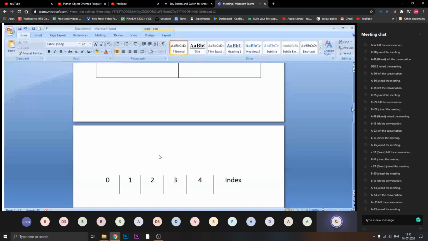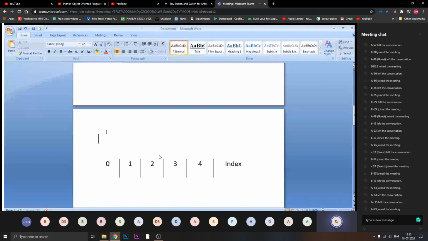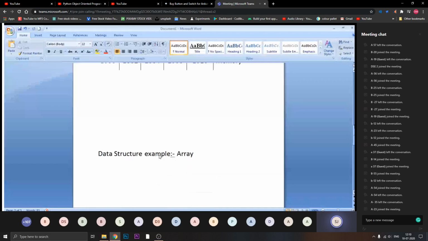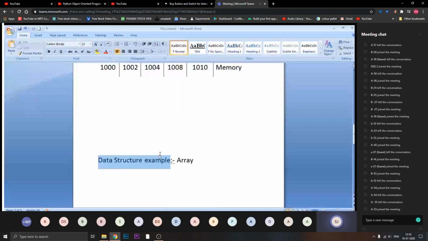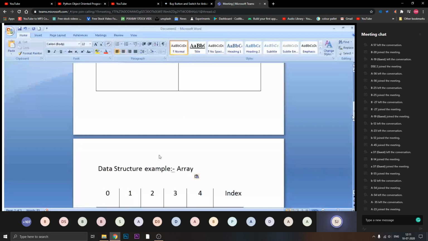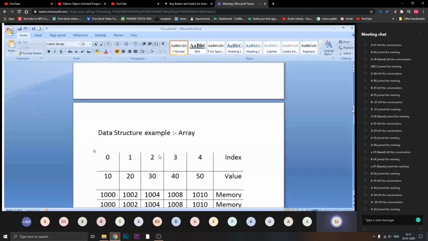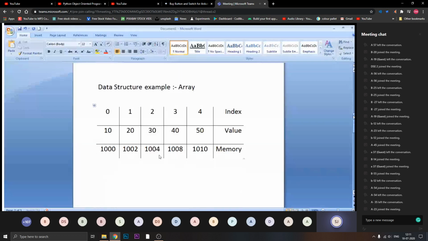If I choose array, wait a minute, I have written something over here. Data structure example like array. Is this primitive or non-primitive? Does anyone remember?